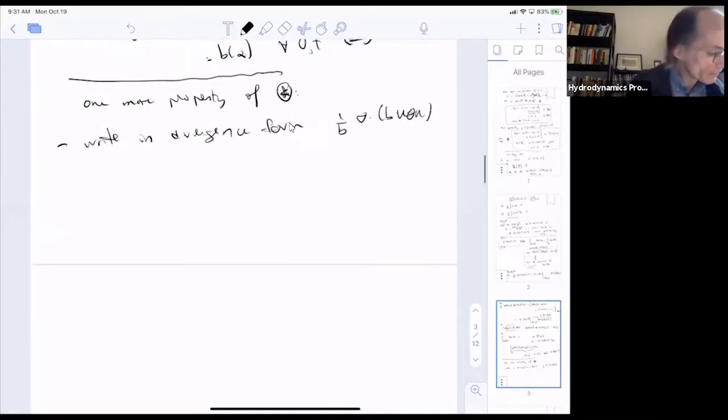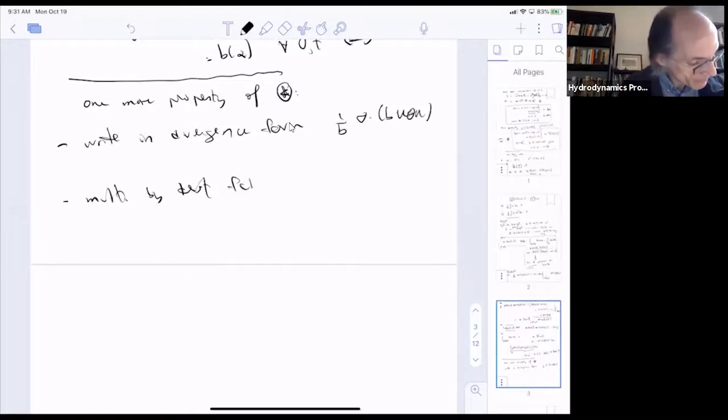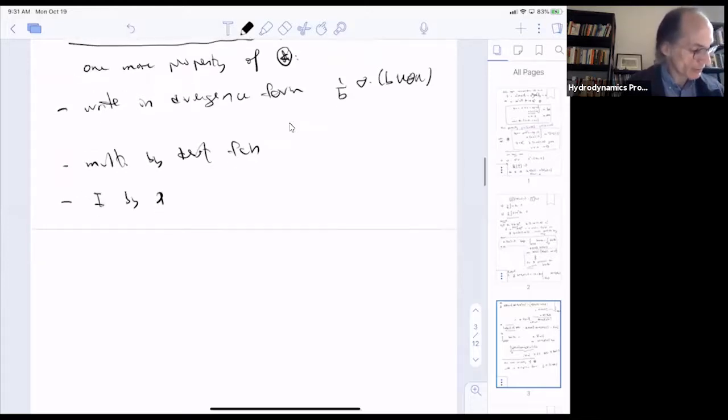Then we multiply by a test function. And then we integrate by parts. And we find that the integral of the test function times the vorticity will be,